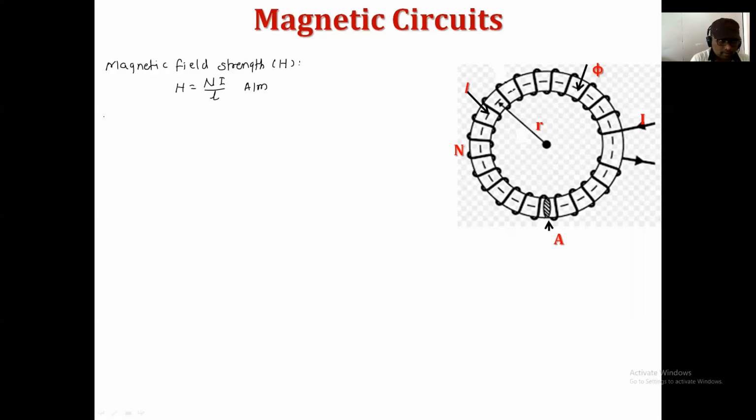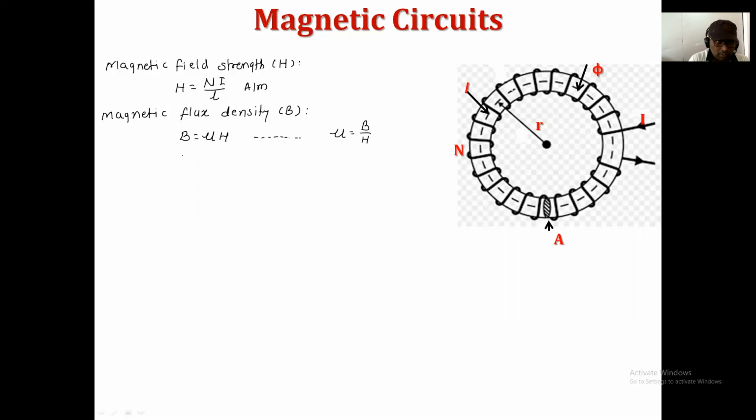Then the second point, we will calculate magnetic flux density. How can you denote magnetic flux density? It's B, and we have the formula B is equal to mu into H. For that, you can give the support: mu is equal to B upon H. It's the definition of permeability.